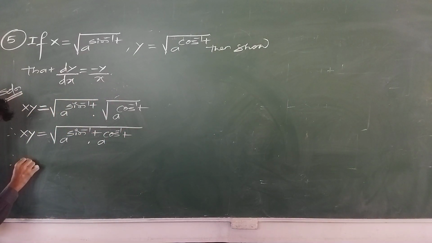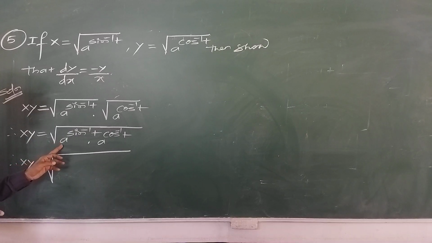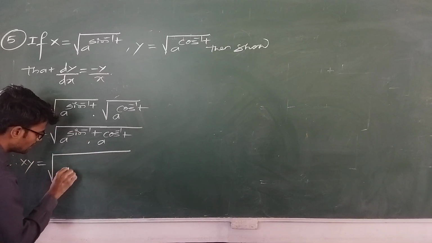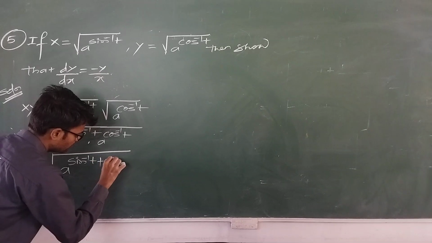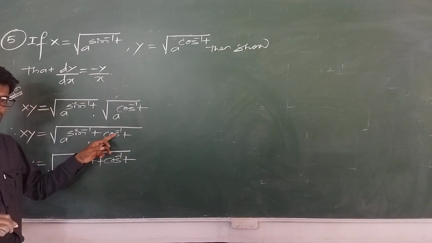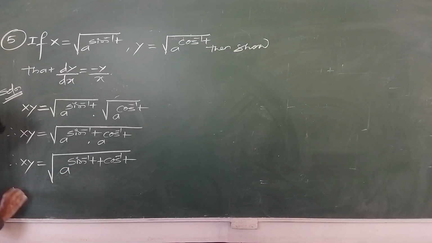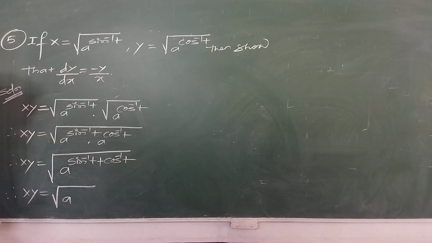After this, you write xy is equal to, root you write as it is. Here also you are having base a and here also base a. When bases are same, you have to add the powers and you will get a raised to sin inverse t plus cos inverse t. So therefore xy equal to square root of a raised to